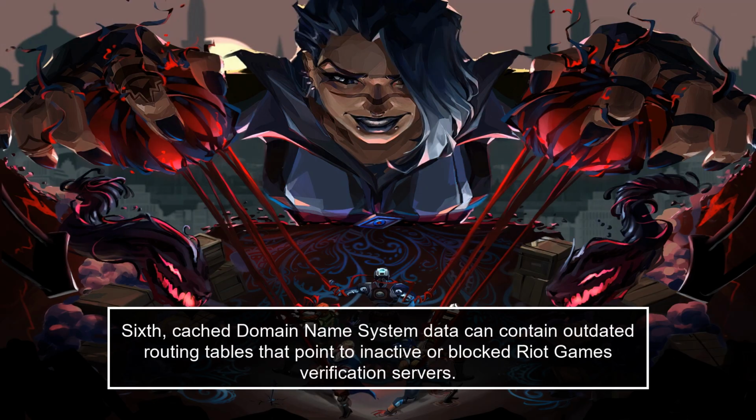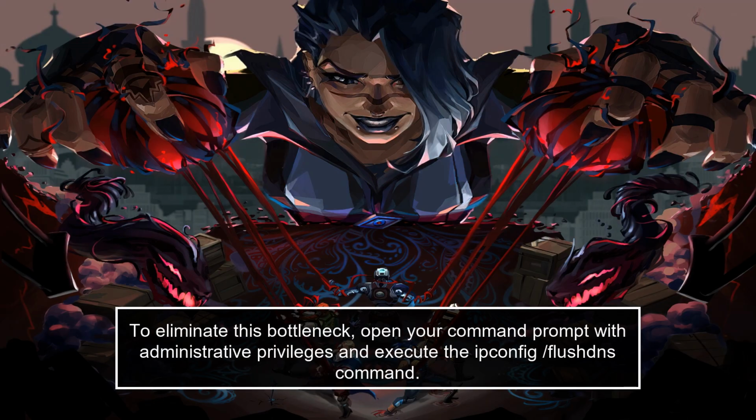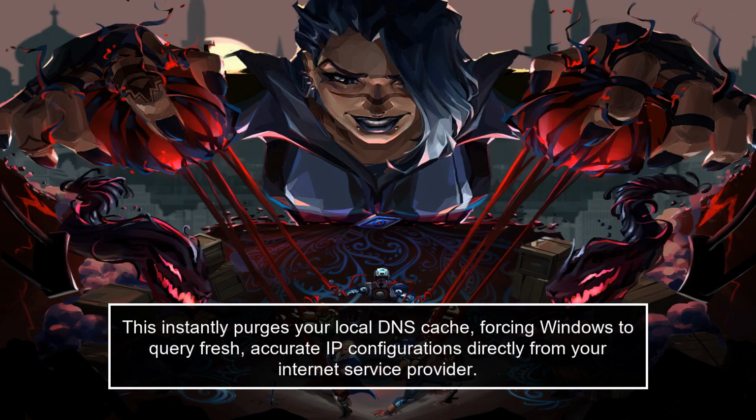Sixth, cached domain name system data can contain outdated routing tables that point to inactive or blocked Riot Games verification servers. To eliminate this bottleneck, open your command prompt with administrative privileges and execute the ipconfig /flushdns command. This instantly purges your local DNS cache, forcing Windows to query fresh, accurate IP configurations directly from your internet service